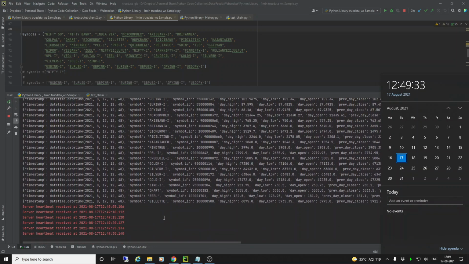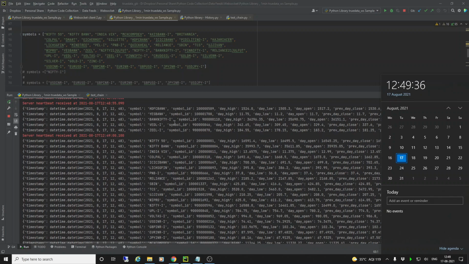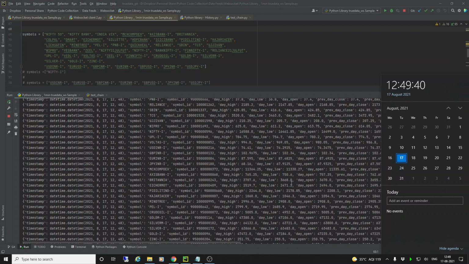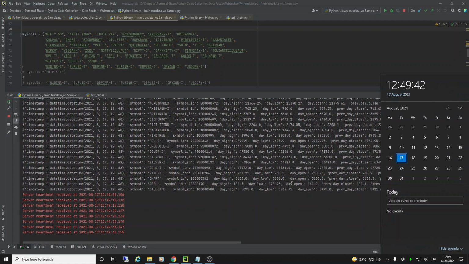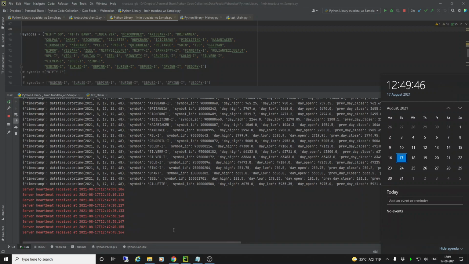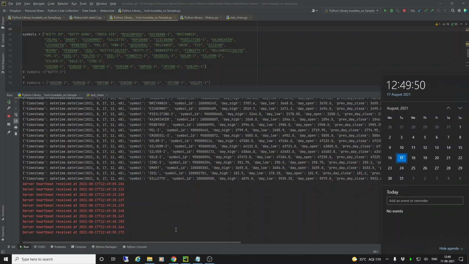So we'll just have one more look before we go ahead, and all the fields are sent here for the last 1 minute. These both feeds, tick and 1 minute feeds, can be combined, and you can use both these feeds if you need that. You have to get in touch with the support team, and they will enable this for you from the backend.